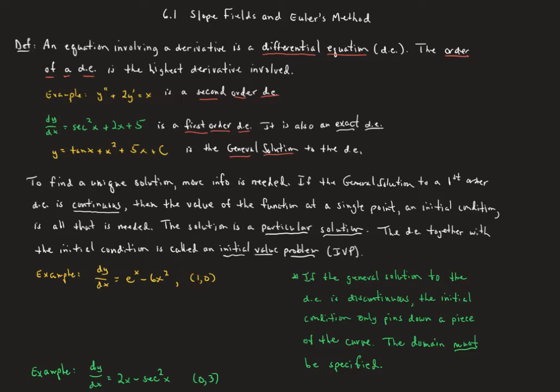It's also known as an exact differential equation. That's more of a thing for probably calculus teachers than something that you need to be aware of. But that's because the derivative is all by itself, so you can just integrate both sides to get the solution, which you can see in the yellow is tangent x plus x squared plus 5x, and then you get that constant of integration. So with the plus c in there, the constant of integration, that's known as the general solution